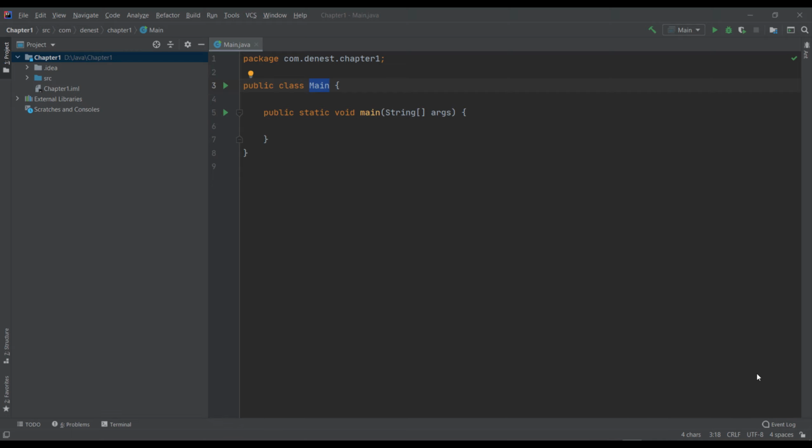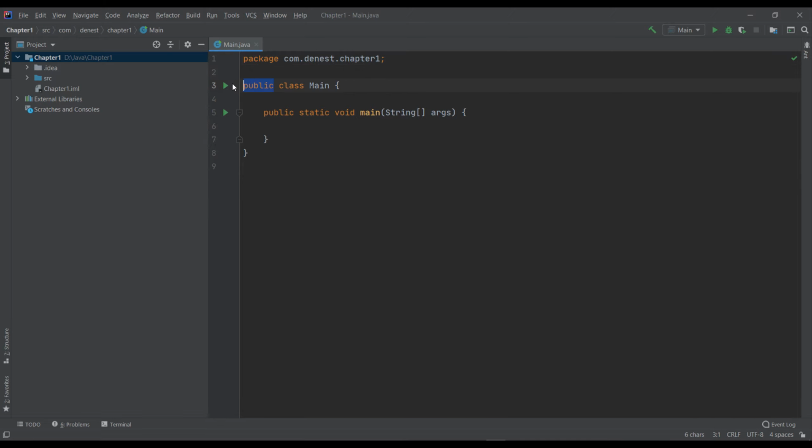This is where we'll be writing all our code. I'll teach what these lines are. These are the lines that you'll be using in every program that you'll write. Here, if you see, this is package, then com.dns.chapter, which is what we entered in our project location. This denotes where our project files are, where we are writing a program. This program is located in this file.